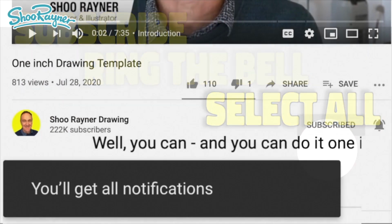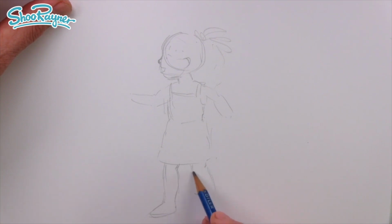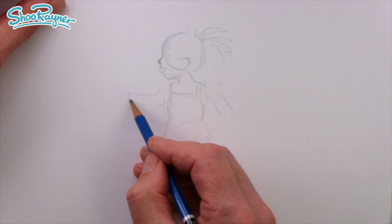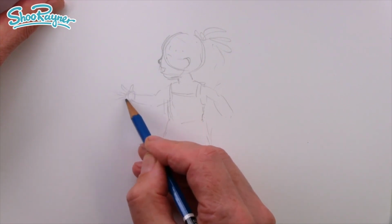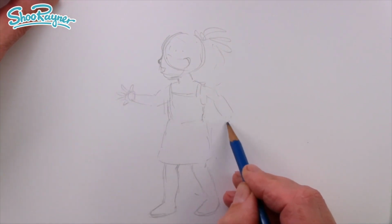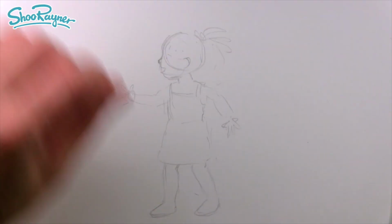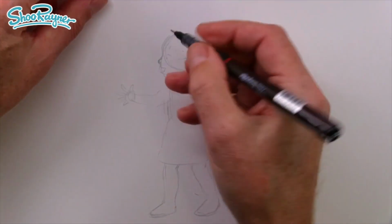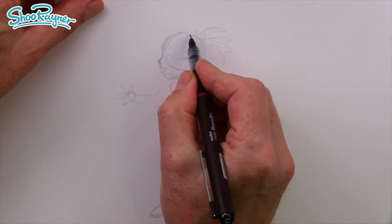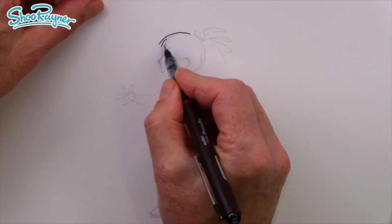Still got a bit of puppy fat on there, and that's the thing that starts to recede between 2 and 3, really, when they start becoming little people, rather than babies. They stop being babies and become little people. So let me do something like that. Now what I'm doing here, of course, I don't have any reference material, so this is from my imagination, and I think these are,